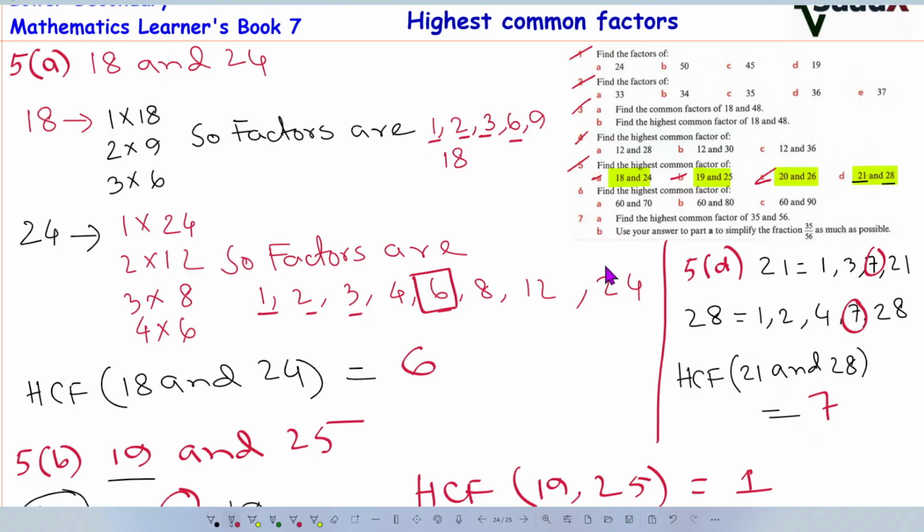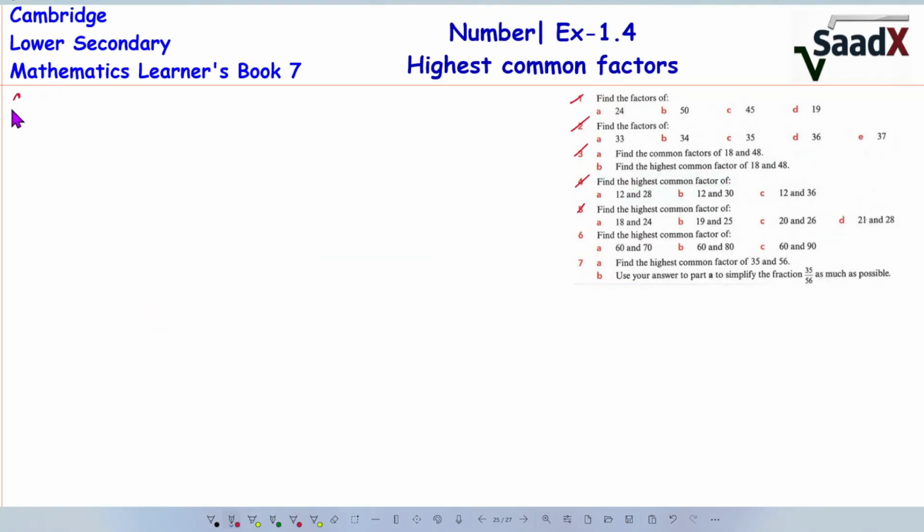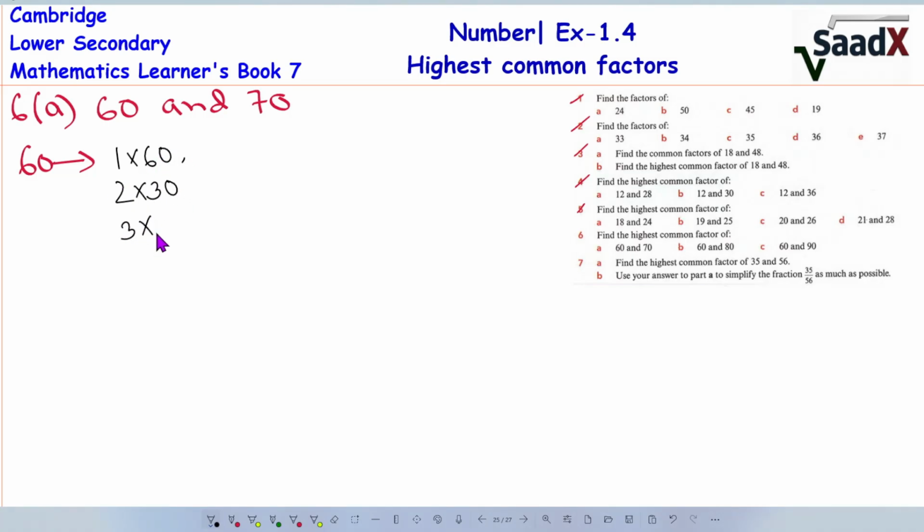So number 5 done. Number 6A, find the highest common factors of 60 and 70. So first we have to find out the factors of 60. We can write 1 times 60, then 2 times 30, 3 times 20, 4 times 15,